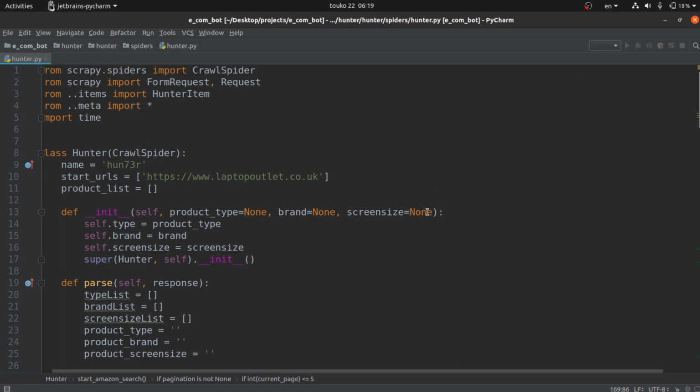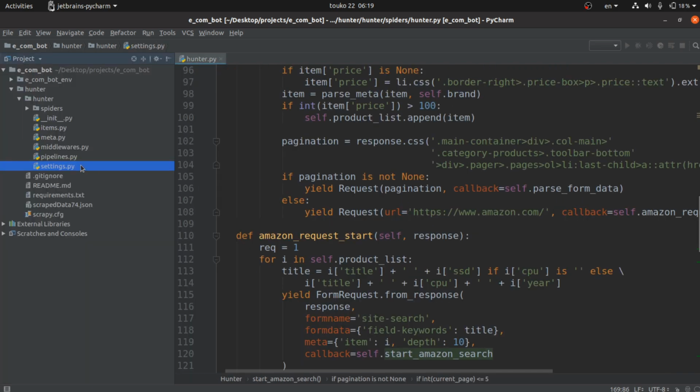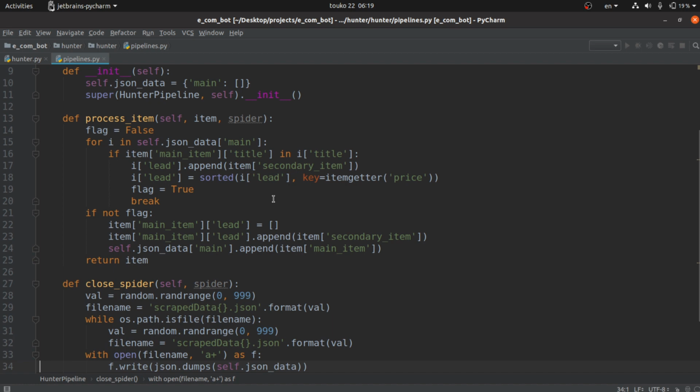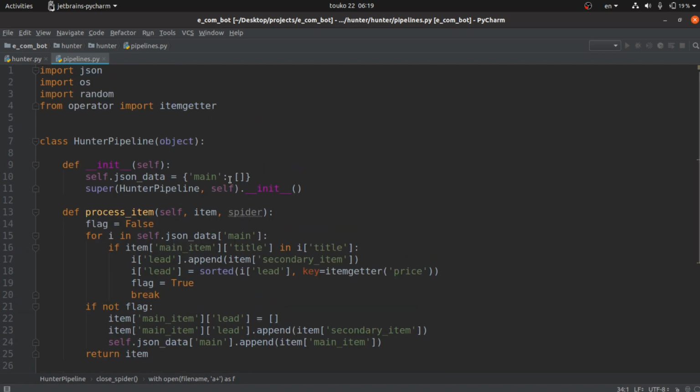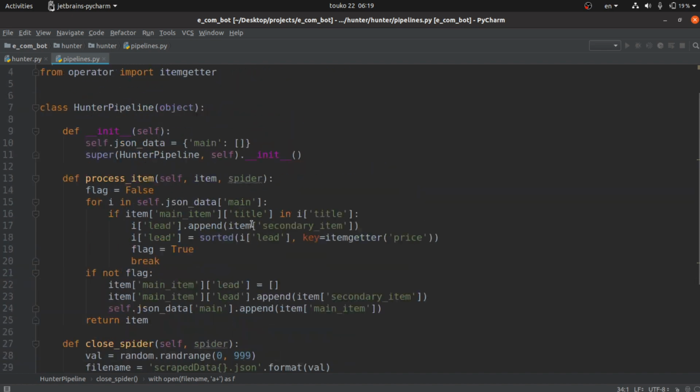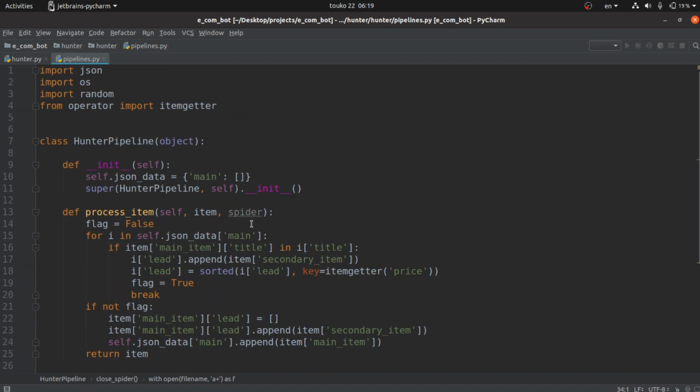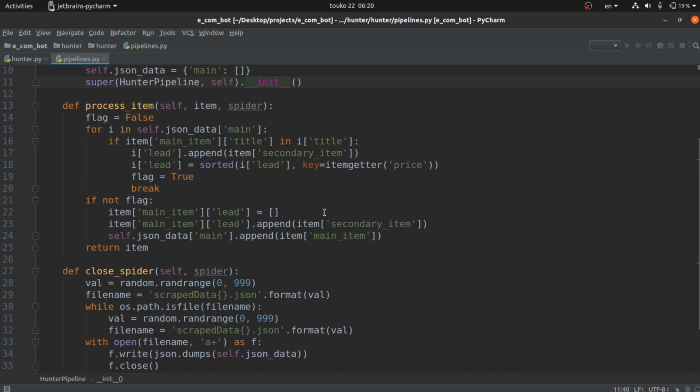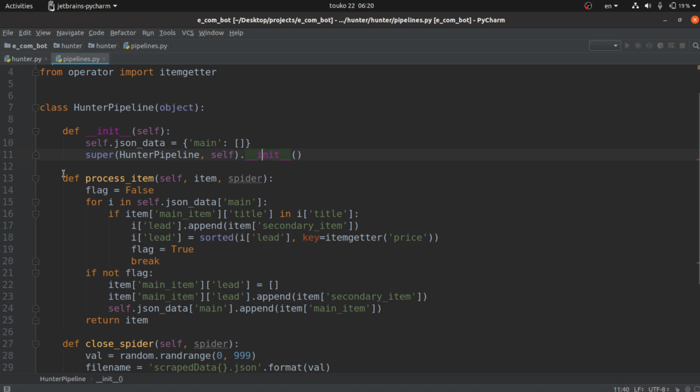So, that's the main thing. Next, inside of the pipeline, what we're doing here. We're actually putting all the found data inside of a JSON. So, in the constructor, we're creating a variable that's a dictionary, and it has a key of main and a list assigned to it. Next, we initialize the super, and here we're processing through the item that was yielded. We give it a flag, so